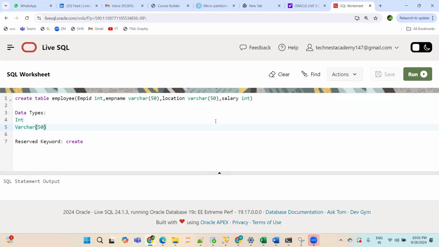No, we have many other data types like integer, number, float, varchar, char, date, timestamp. I'm not covering data type as of now. Just a few examples of data type I have given you, int and varchar 50 only. So don't be under the impression that data type is covered. Data type has many other topics which we will discuss at a point of time.